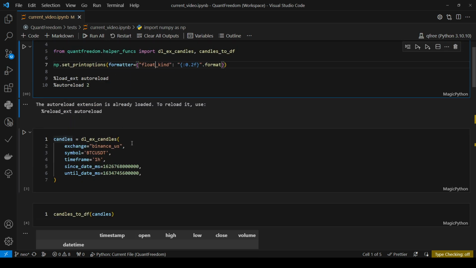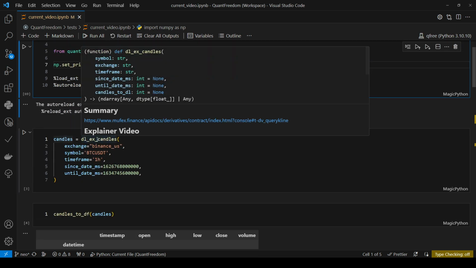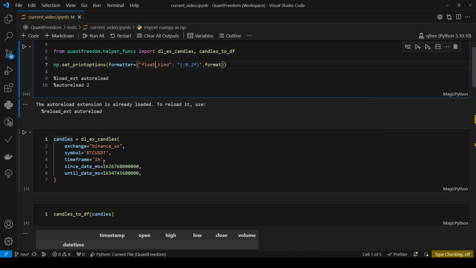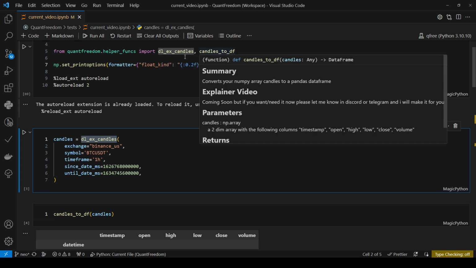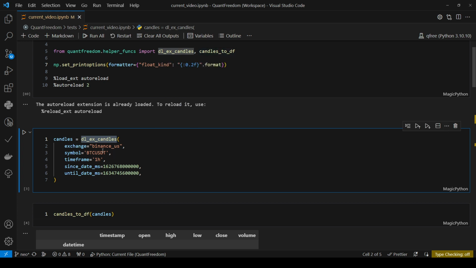So the first thing that we'll do is we're going to have to download the candles. Again, with my backtester, I've downloaded the candles. You can check out the video on how to do that, or you can just use my backtester. You just pip install quantfreedom, and you just run this right here. From quantfreedom.helper_funcs, import dl_ex_candles, and that will allow you